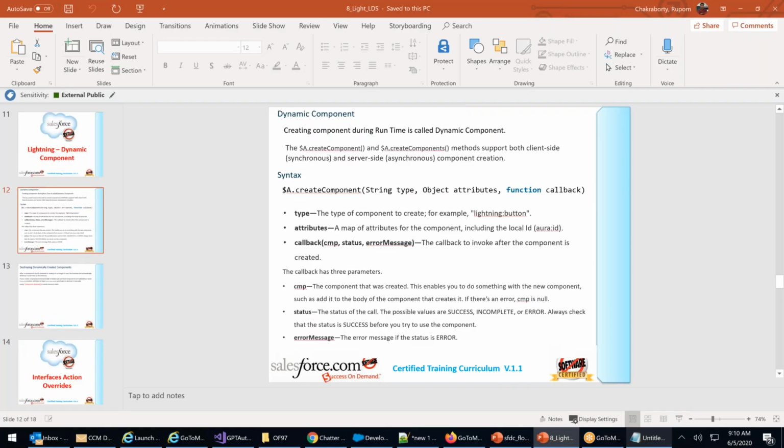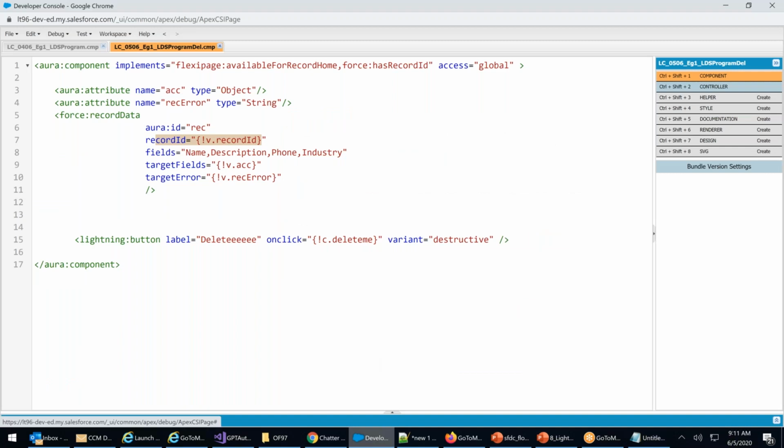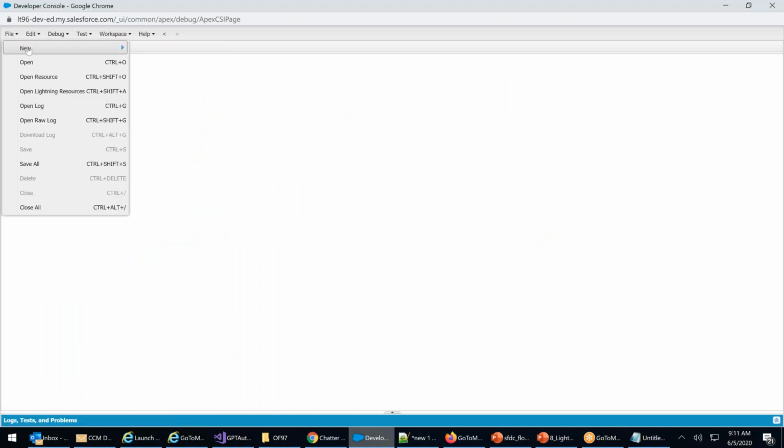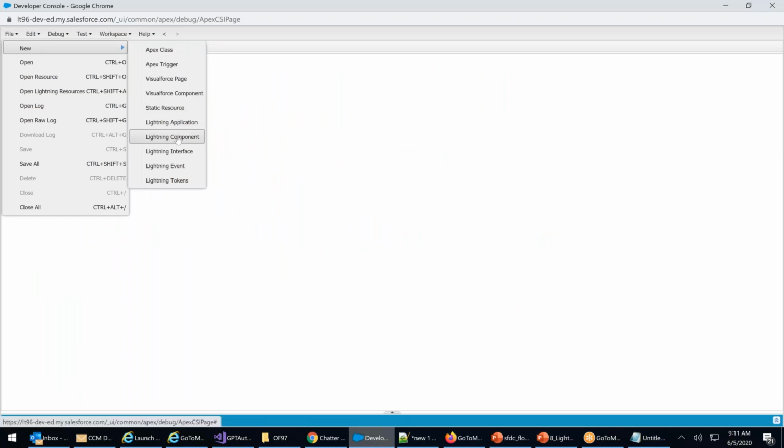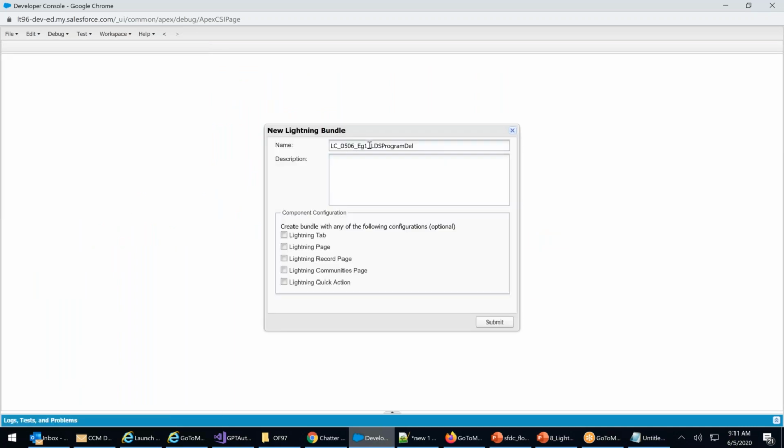Now let's do this practically and then you'll understand. What component creation am I talking about? File, new, Lightning Component. Underscore example2 dynamic.